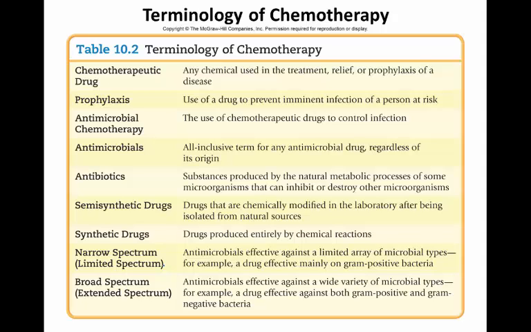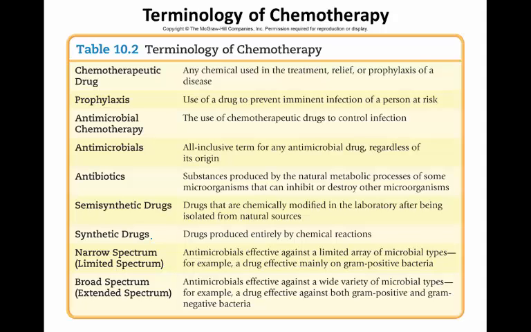Okay? Antibiotics, again, are those natural metabolic products of some microorganisms that are used to inhibit the growth of other microorganisms. The reality is a lot of the antibiotics on the market are not strict natural products. Most of them have been chemically modified by drug companies, making them semi-synthetic drugs. There are a few out there, and I'll mention them specifically when we get to them, I'll help you make note of them, that are what we consider synthetic drugs that are produced entirely within a lab. In other words, chemical reactions were used to produce this drug. It has no natural source.